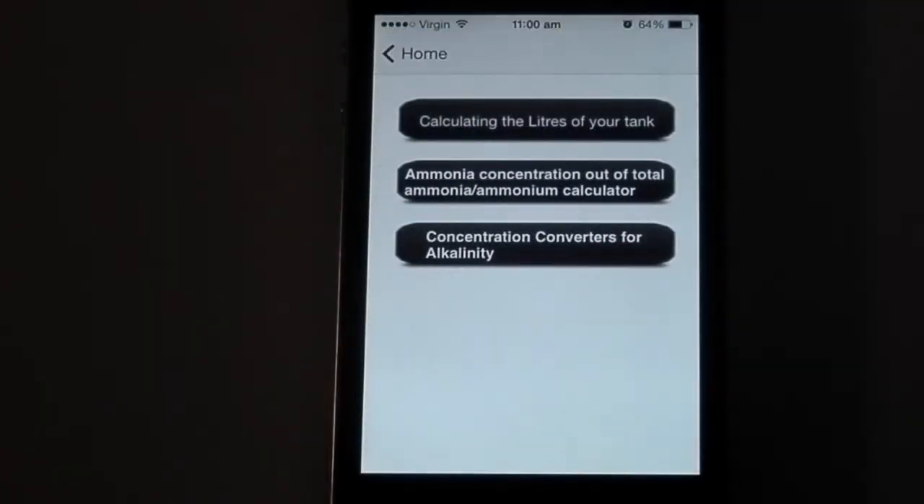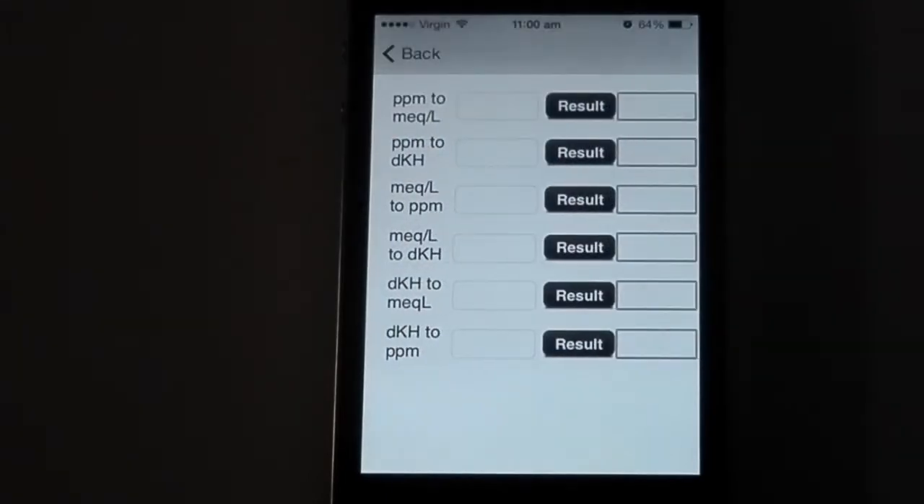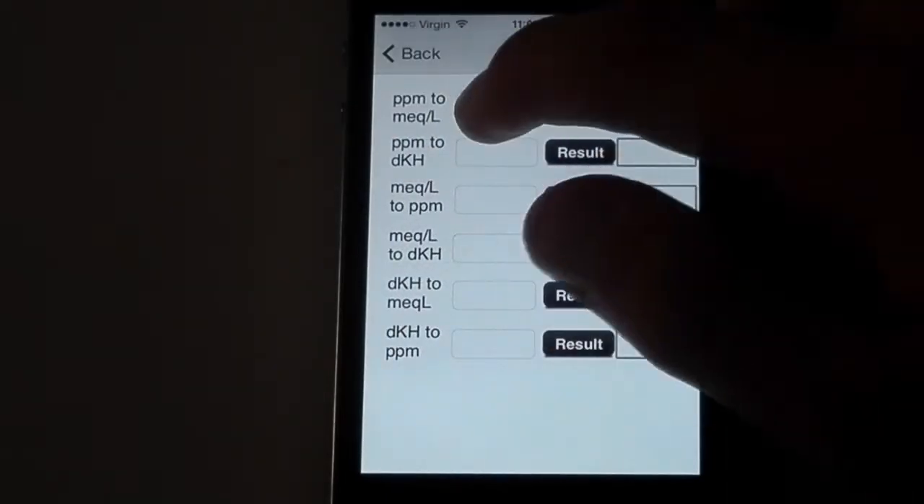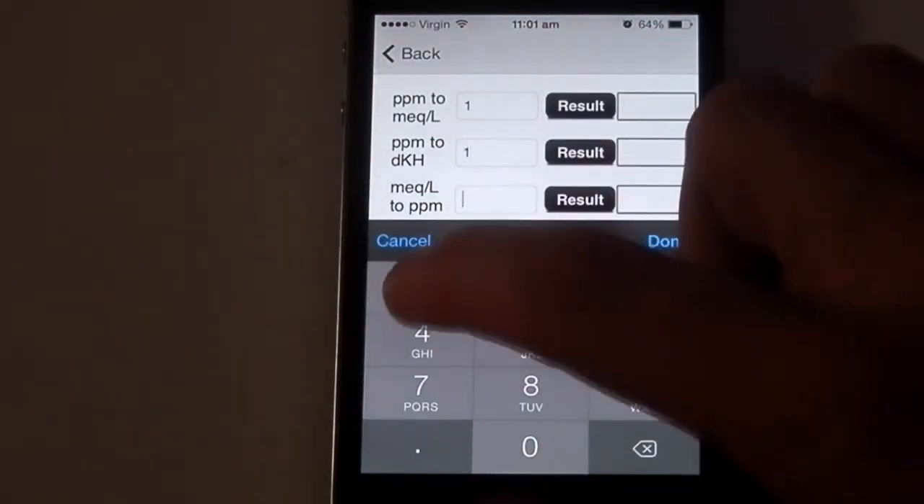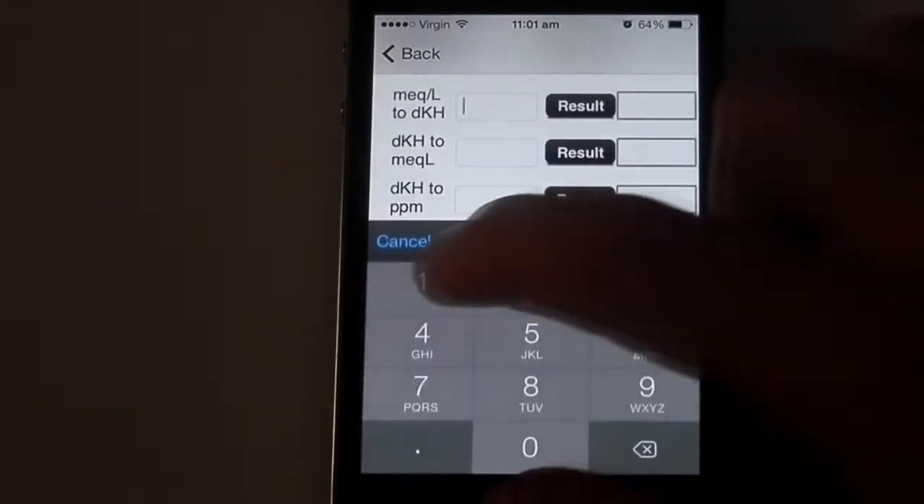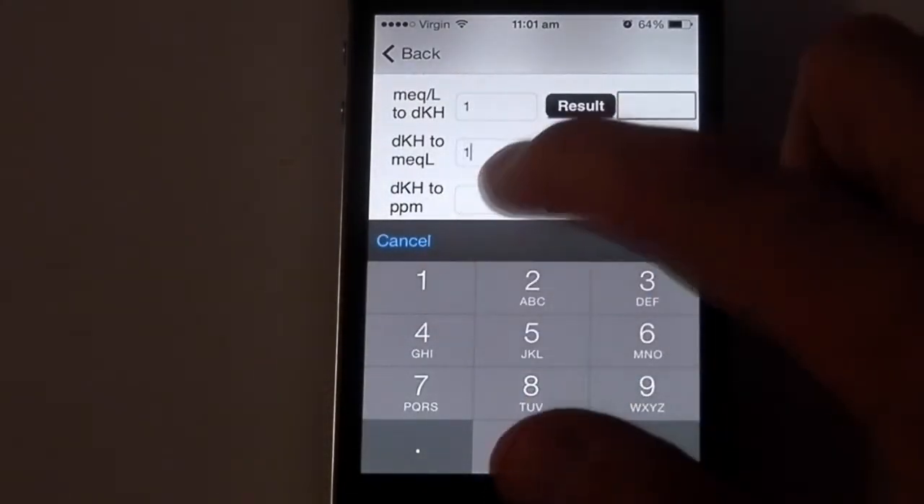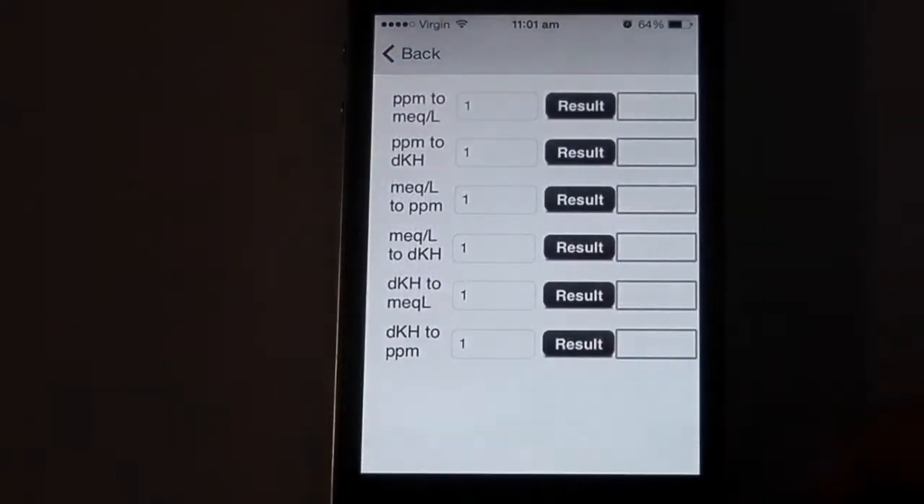The third one is alkalinity concentration converters. There are several ways of expressing alkalinity. For example, 17.86 parts per million is equal to 1 dKH, or 1 mEq is equal to 50 parts per million. This allows you to express alkalinity in any form by simply choosing the option which you require,